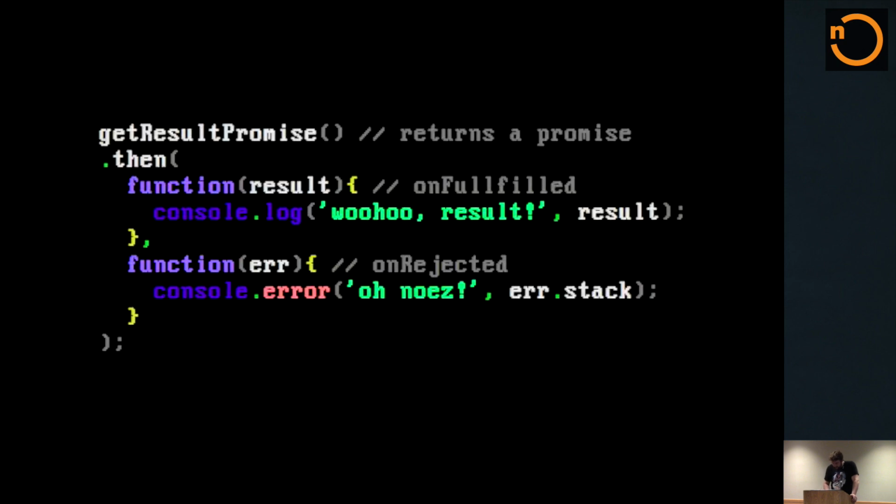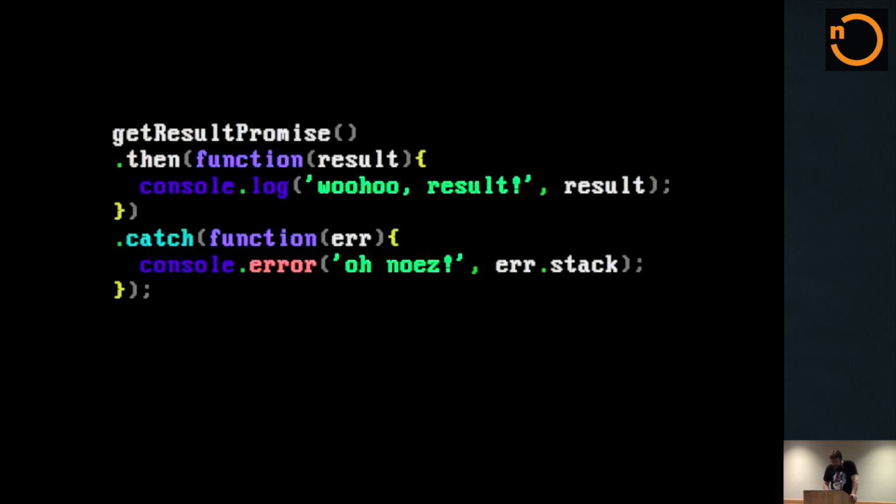Okay, so there's this syntax, and then we've got this syntax here, right? So we've got then and catch. The important thing here is that both of the callbacks in then are optional. So just doing then like this without a second function being passed into it is totally fine. That means we're only dealing with the success case. In the error case, it'll get caught by this catch down here. So catch is equivalent to running then with no first parameter and only the second parameter.